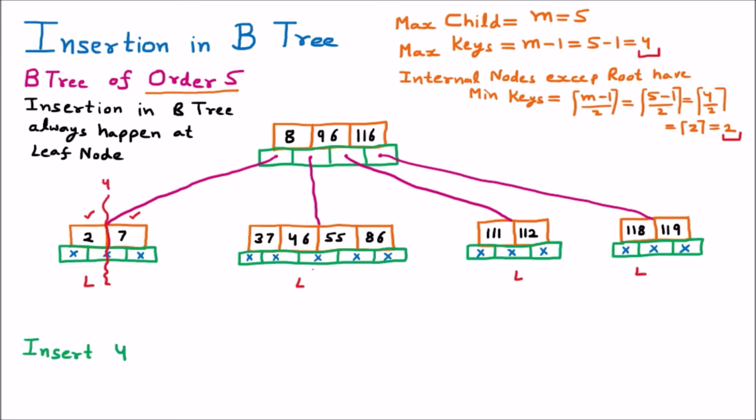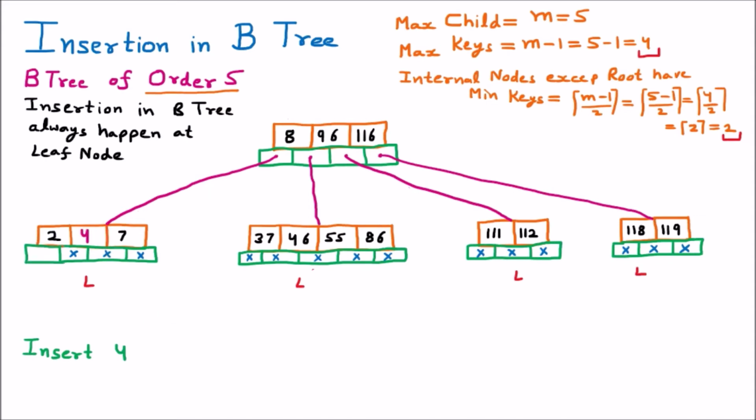Now we have to reconstruct this node so that 4 will come here. That means this node will become like this, where we will have 3 elements. One will be the 2, then afterward 4 will come, then afterward 7 will come. And obviously if we have 3 keys here, because 1 2 3, these 3 keys are here, there will be one more, that means there will be 4 children. So 1 2 3 4, so 4 children will come. That means this node we are going to replace here.